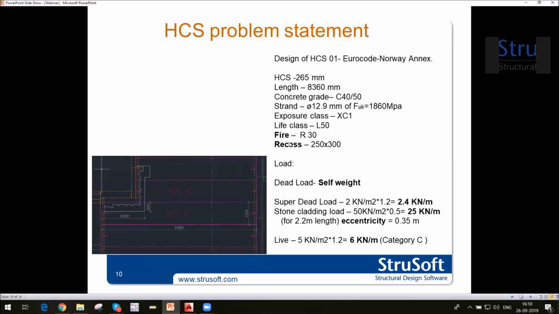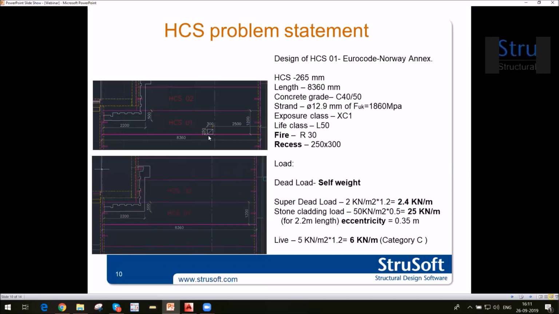So considering that this hollow core is in Norway, we will consider the Eurocode with the Norway annex. The hollow core height is 265, the length is 8364 mm, concrete grade is C40, strand is as usual 12.9, and the strength of it. Exposure class we are considering is XC1. Fire we are considering as 30 minutes for this case, and there is one recess, let's say, at this